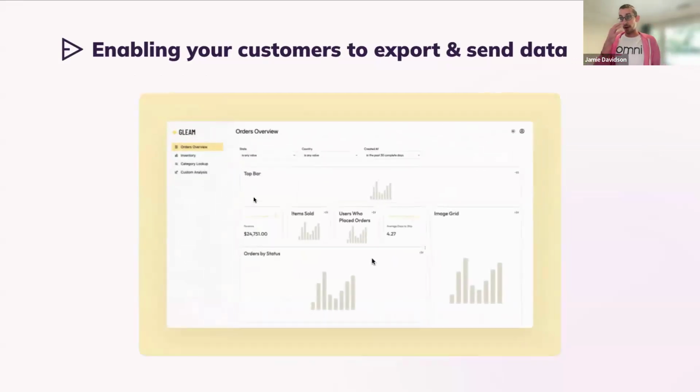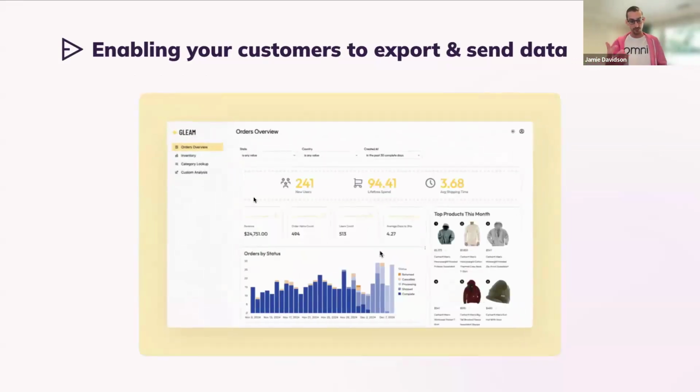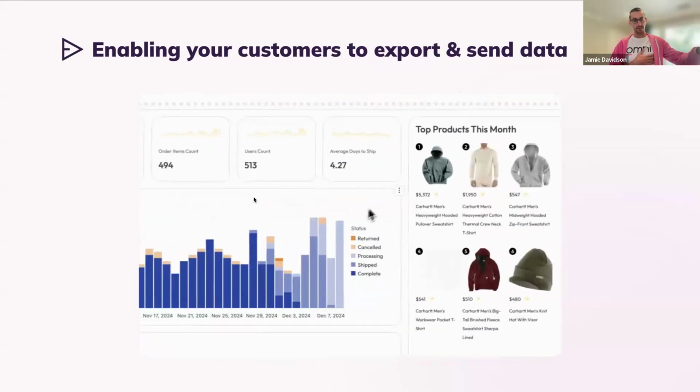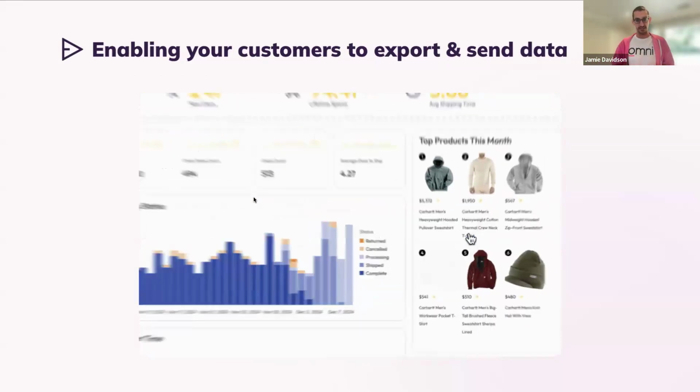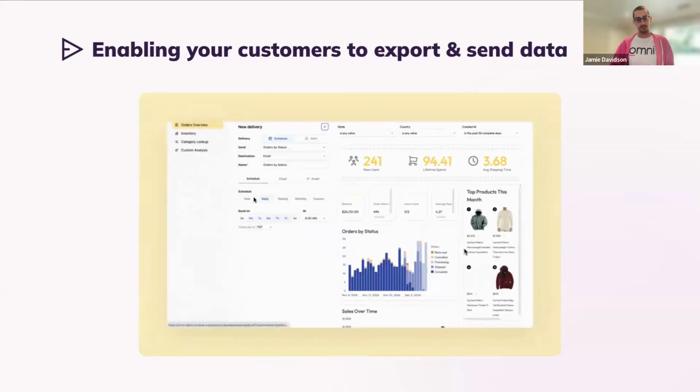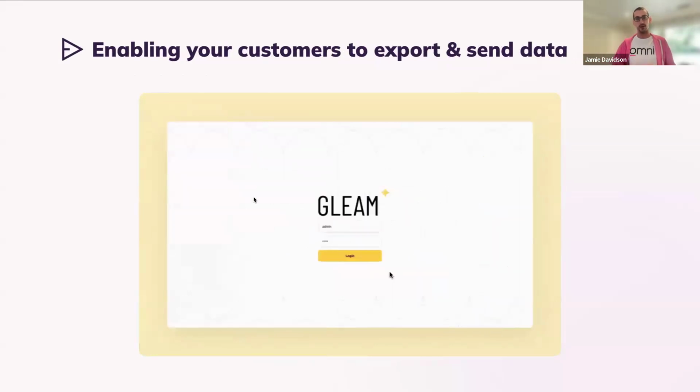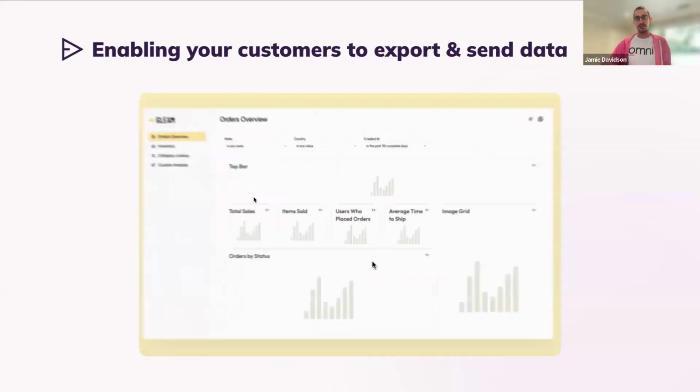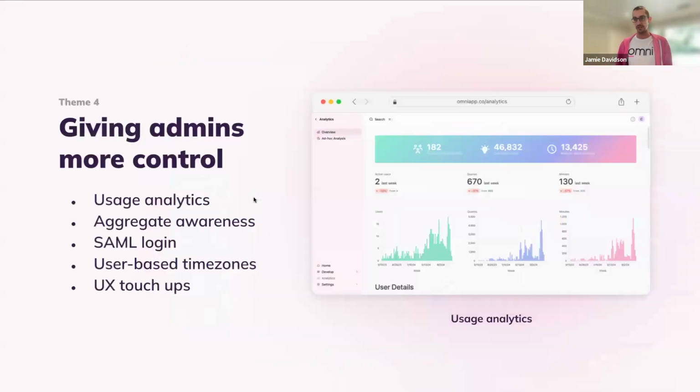We have also taken the same approach that we have with data delivery for our BI product into the embed context as well. So this is allowing users to set alerts and to set schedules too in embed contexts, because it's not just about the insights; it's about the workflows ultimately they're driving, and the workflows can be truly data driven.